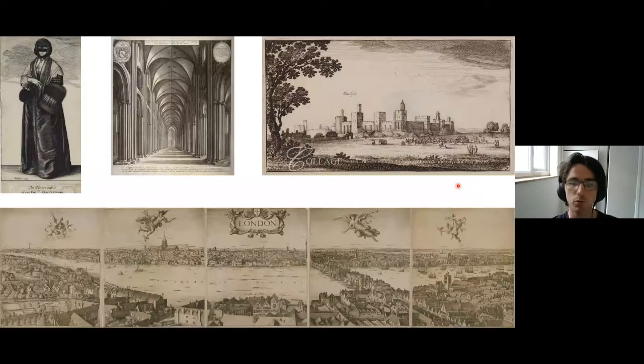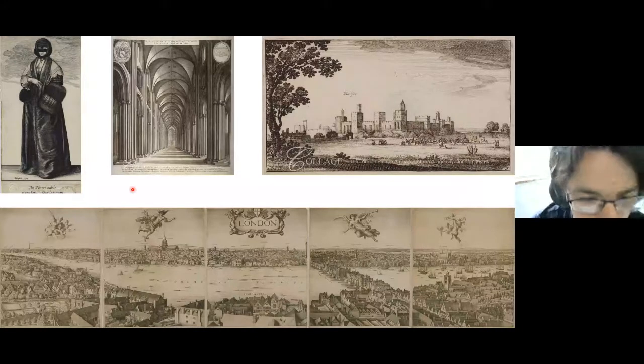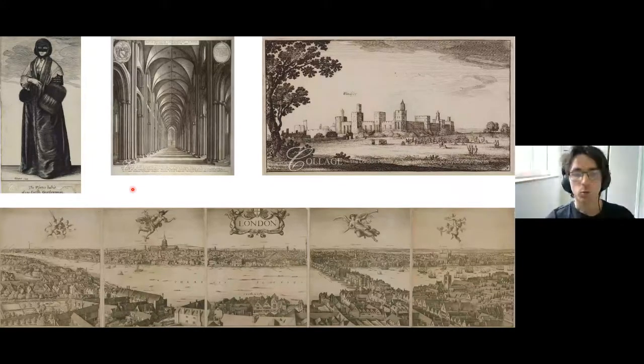Holler is probably most famous for his own long view. You can see the Holler panorama on the bottom. It's roughly contemporary with the Fisher panorama, published in 1647, but some of the details of the Holler panorama lead us to believe that it was probably first published. It was probably drawn and surveyed a little earlier than that, and also it would have been added later. The impression that we have in our collection actually comes a little later,